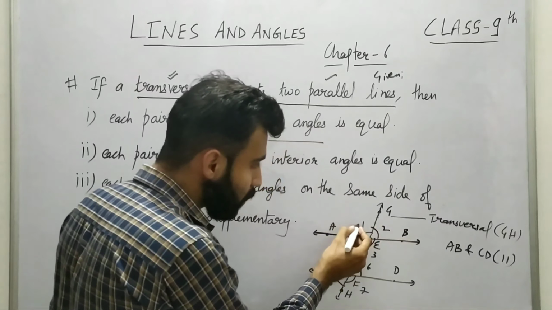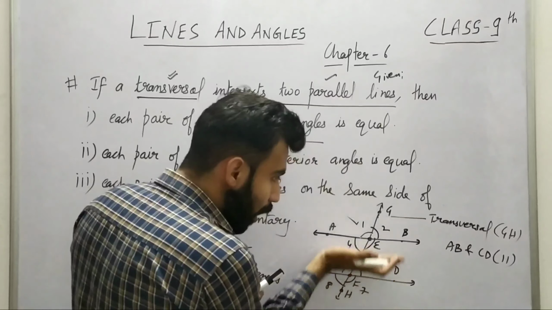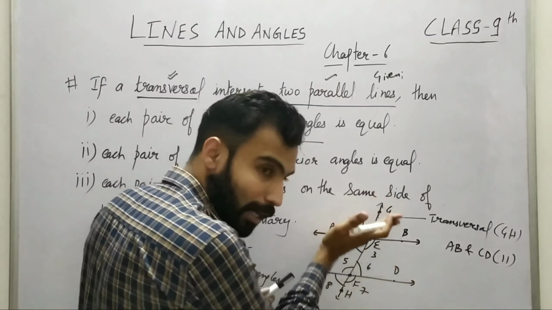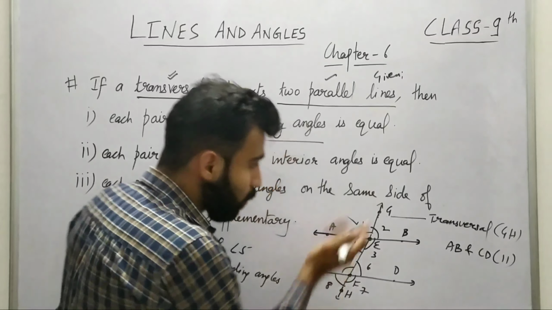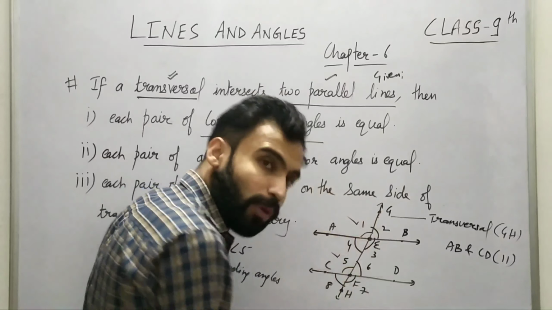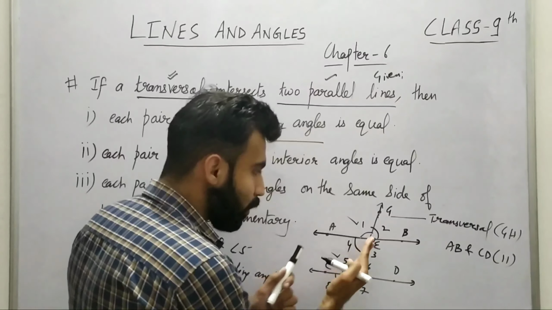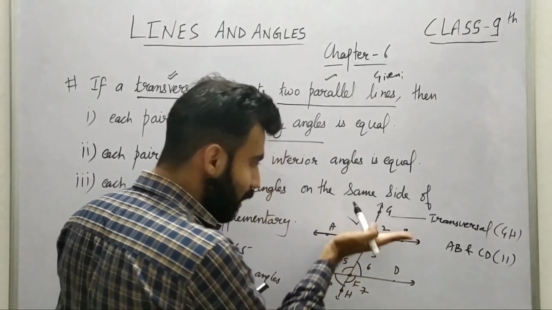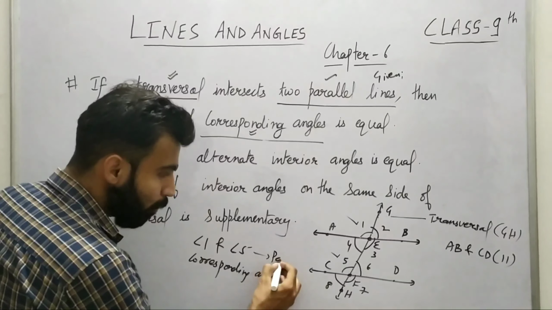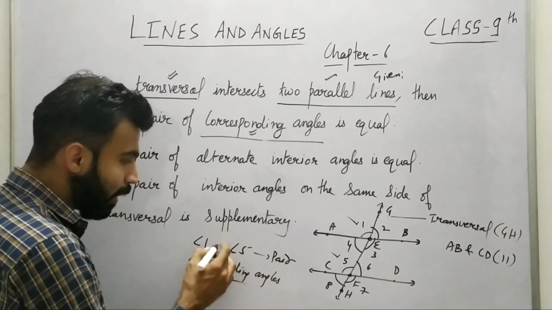That means those angles which are, you can see, lying above, or you can say on the same side of the parallel lines and also on the same side of the transversal, right? You can see this angle 5 is on the left side of the transversal and upside the parallel line. Also angle 1 is upside the parallel line and on the left side of the transversal. So both angle 5 and 1 are on the same side of the transversal as well as the parallel lines. So this is a pair of corresponding angles and they are going to be always